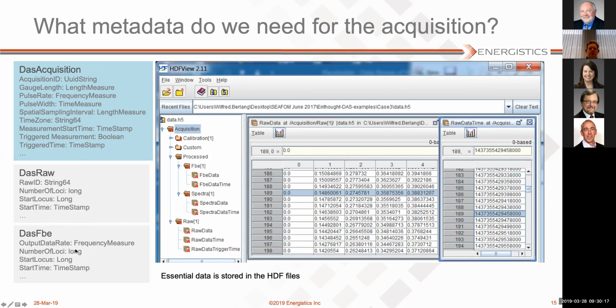And the same for frequency band data. There you may have a different output data rate, because, for example, you output only frequency bands once a second or so. So that's something to store. And what you'll see if you look through the documentation is a number of relevant attributes for each raw and processed data type that you can store in these files.